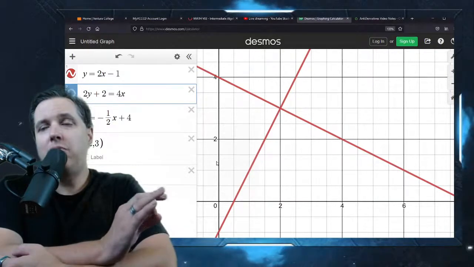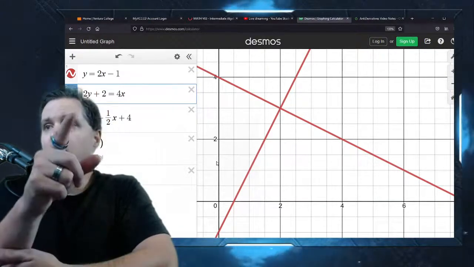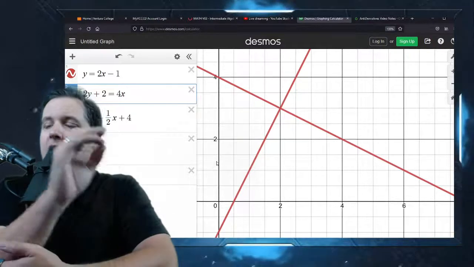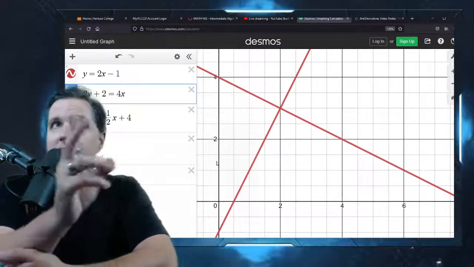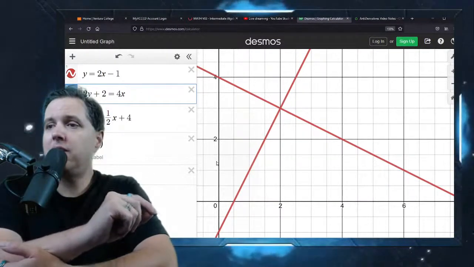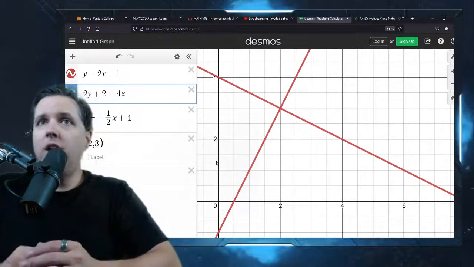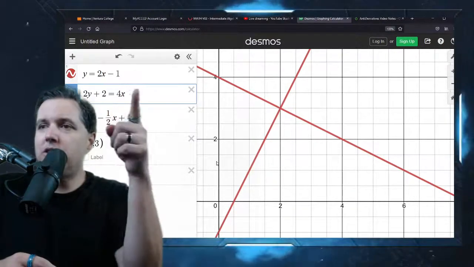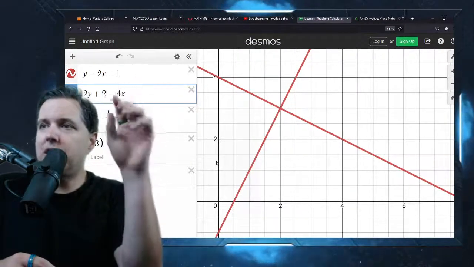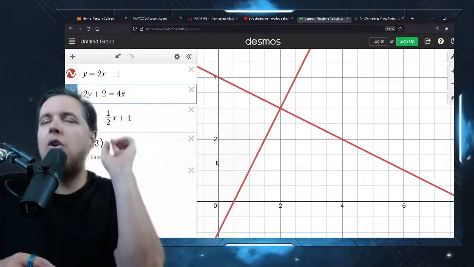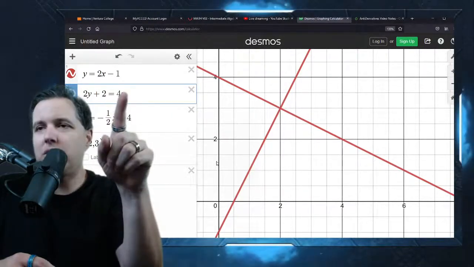When we do the algebra methods, I'll show you what it looks like when you have no solution, and I'll show you what it looks like when you have this infinite number of solutions possibility. But you want to remember these images. You want those 3 images we looked at to be able to bring those up in your head and go, oh, that's what it means. That's what we're talking about.